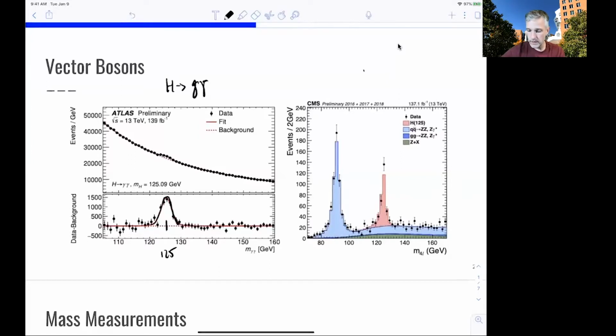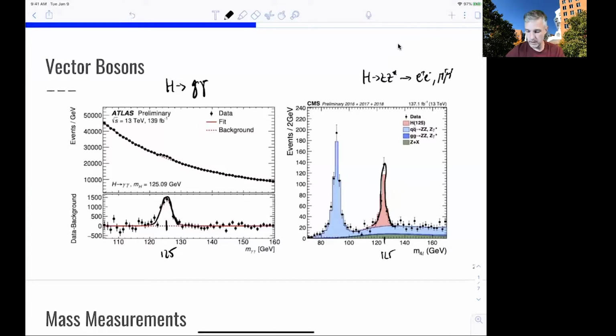Similarly, Higgs to ZZ, and I put a little star here because one of the Z bosons has to be off shell. The Z boson mass is 91 GeV. The mass of the Higgs boson is 125 GeV. So 91 plus 91 is not 125. So one has to be a little off its mass peak. And then we look at decays into e plus e minus and mu plus mu minus, and combinations of those, so for example for muon events or for electron events as well. Those are shown here. And again, you have this beautiful peak consistent with the Higgs boson